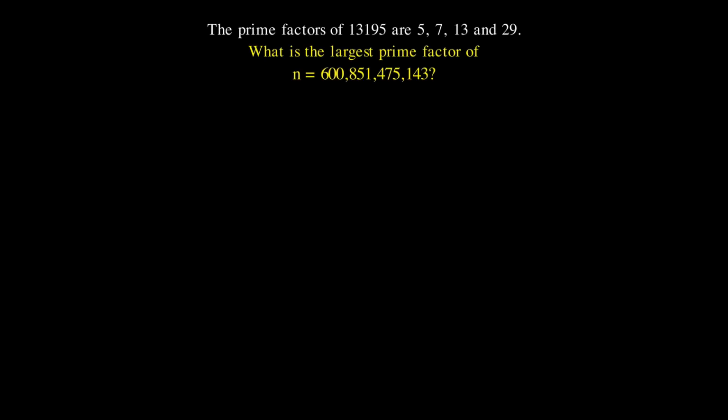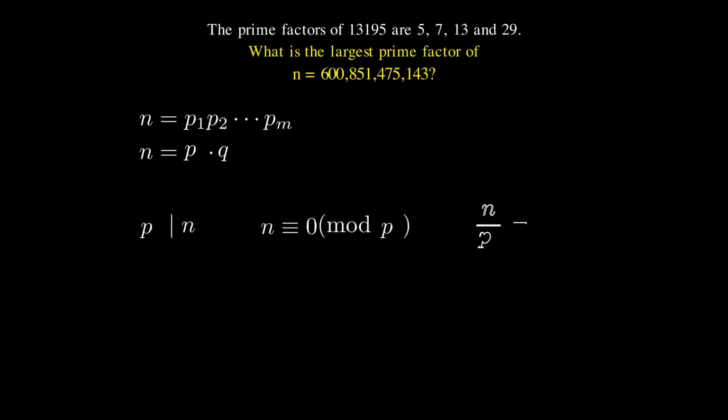Project Euler problem number 3, we're looking for the largest prime factor of the 600 billion number. We know that every number is a product of primes, so for this, let's just call the first one P, and then the rest of them can just be called Q. We want P to be a divisor of n, which means that when we take n divided by P, there's